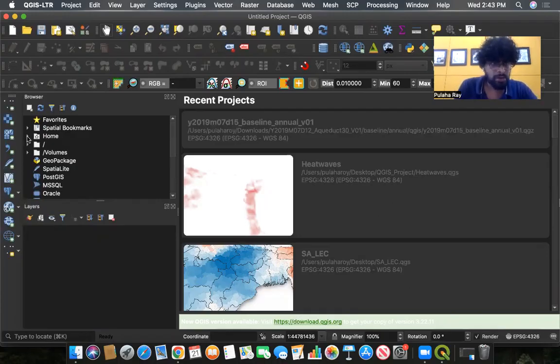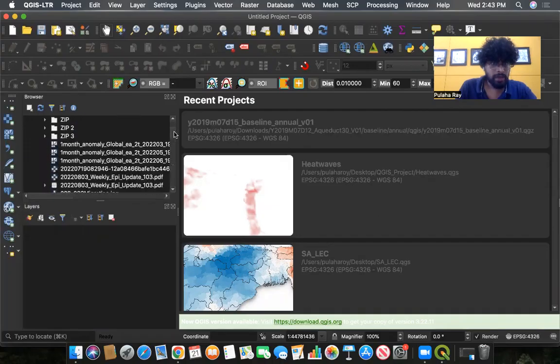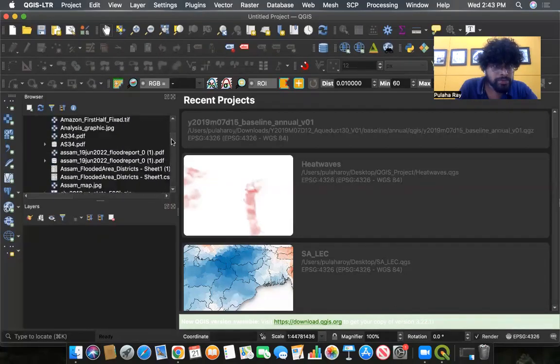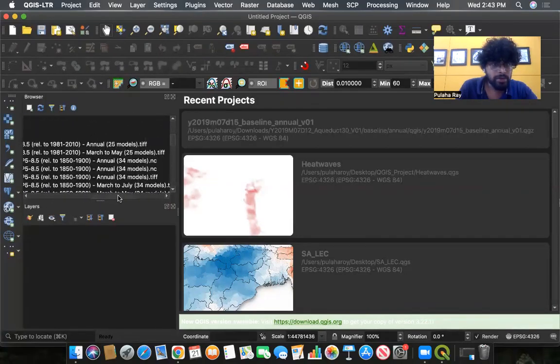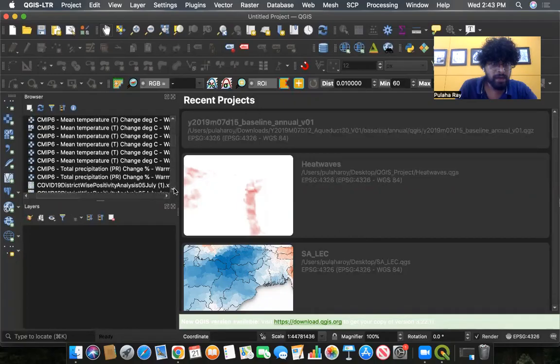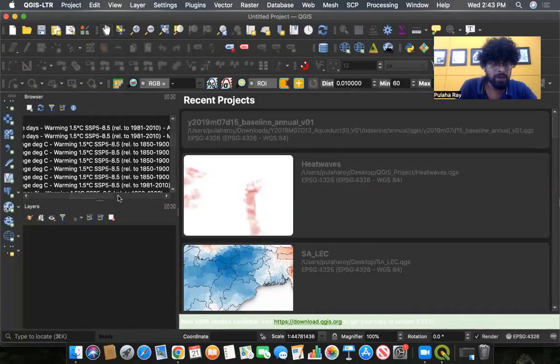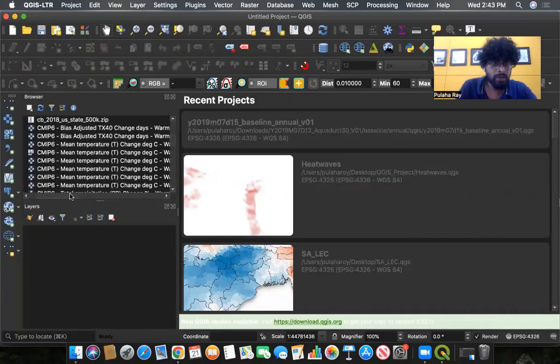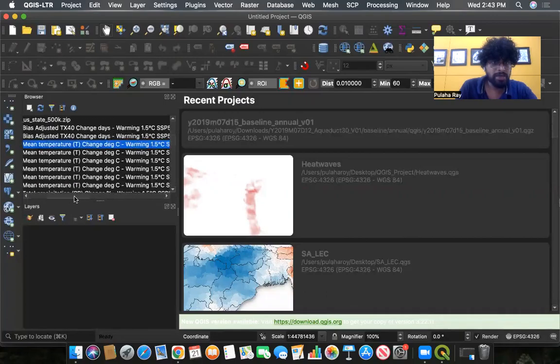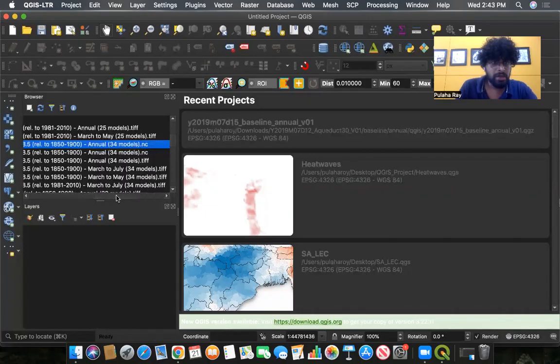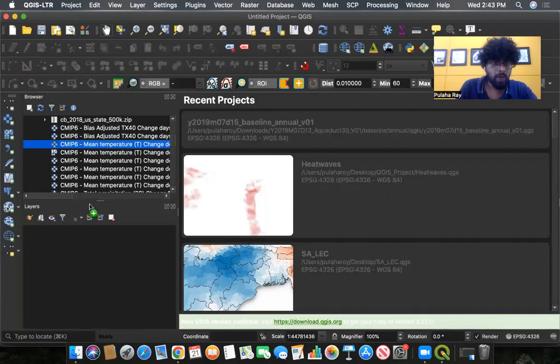So here we go. I go to the file directory where I have saved my NetCDF file, and that's in downloads. Please ignore so many files I had earlier downloaded. I'm just going to pick one, the one that I just downloaded now, which is this CMIP6 mean temperature. Yeah, this one. And once you drag it here in your layers panel,